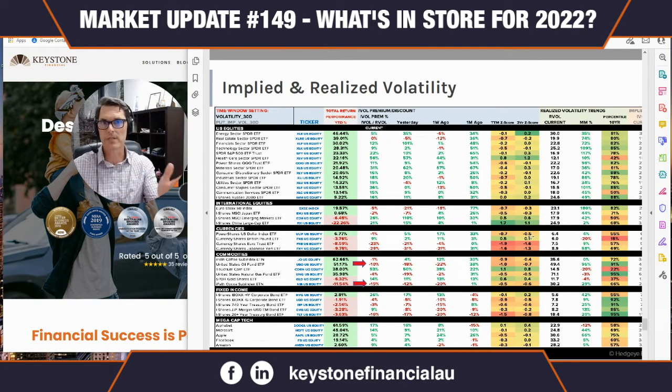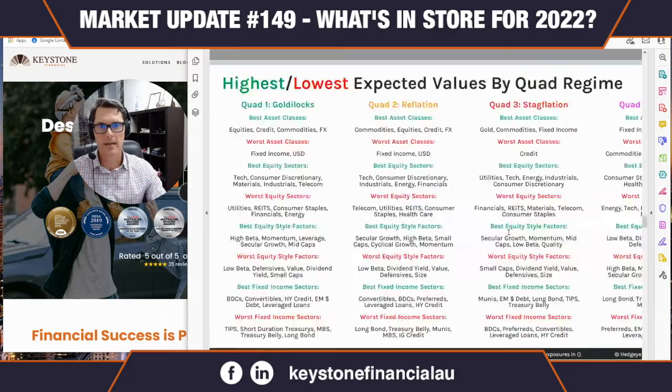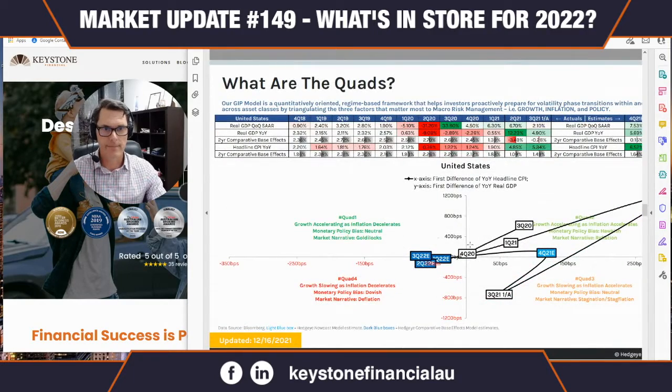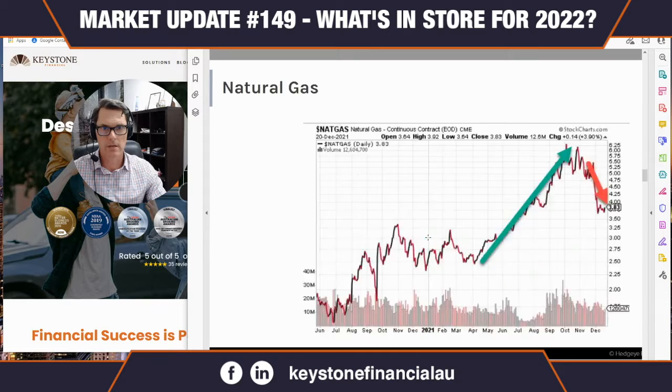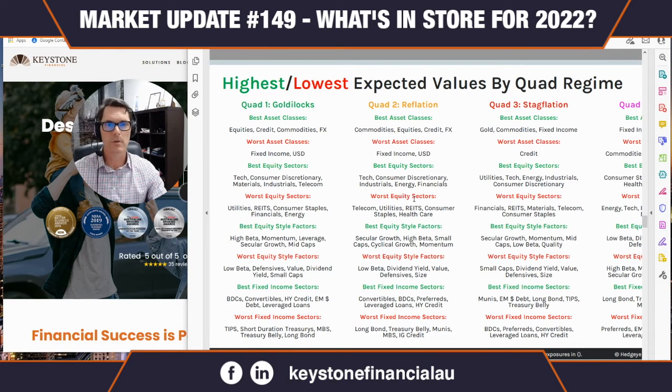But throughout the course of 2021, we were in quad 2 pretty much all year, except for that quad 3 spat that we had in the third quarter. And quad 2, I'll just go back to this. Let's see if that's the one I want. Probably not. There is another. There it is. Quad 2 is that quad here, the reflation quad, where equities is where you want to be, and commodities in particular, but equities is the place to be. That's where you make an absolute killing ton of money. And we did that this year. We had great performance through that period of time.